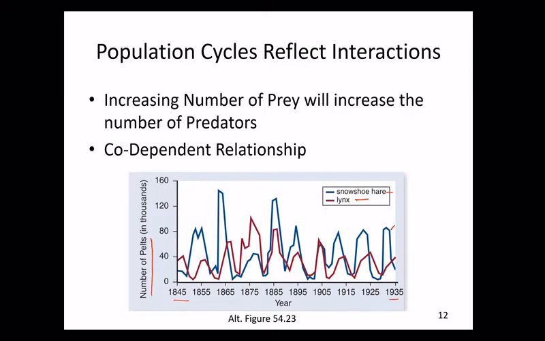The carrying capacity, or the number of lynx that can be supported in a given area, is going to be connected to the number of prey that's present in that area. So as we see, as the number of hares increases, there's going to be an increase in the number of lynx. Now, it's not always constant, but this is representative of an increase in the carrying capacity. As there's more of the resource, in the case of the lynx, there's more food available, that means they're going to have a higher reproductive rate, more live births, more individuals that survive,